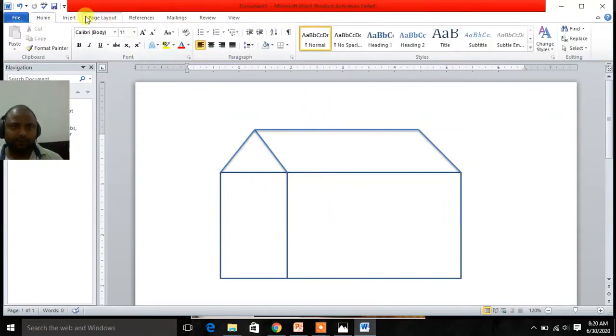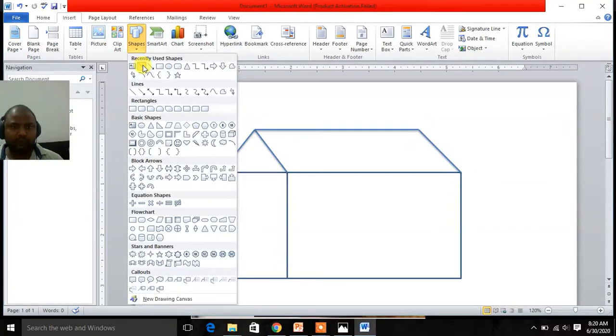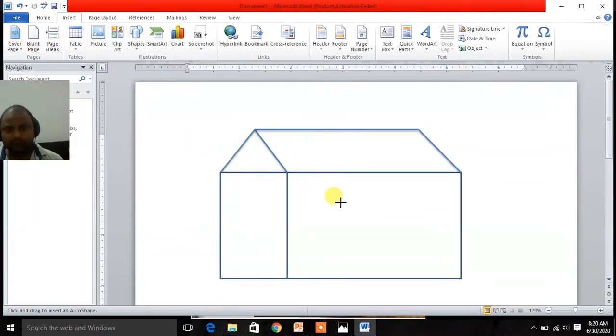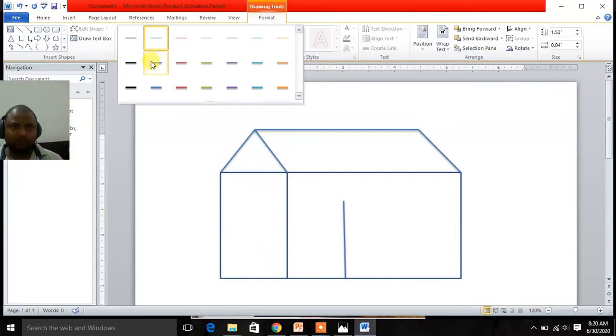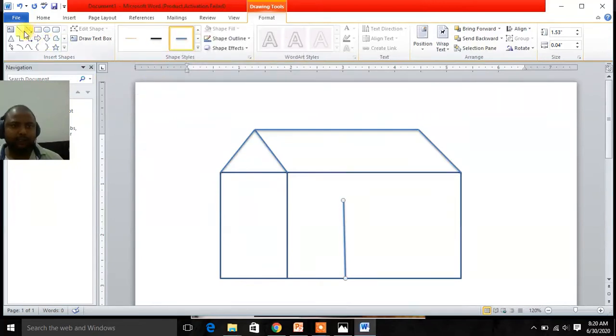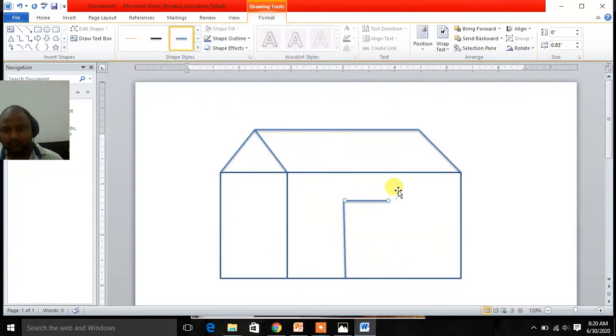Then click on shapes, line, a line here over here, then again line and again a line here.